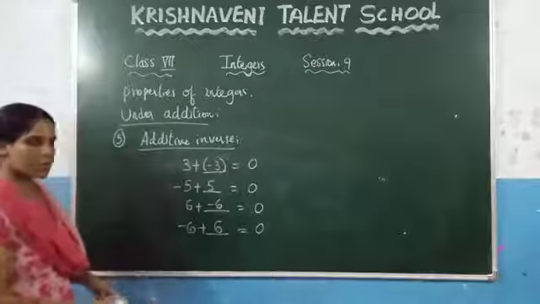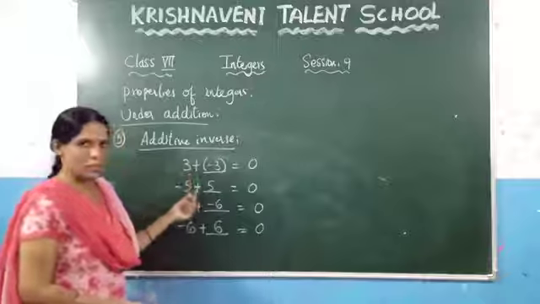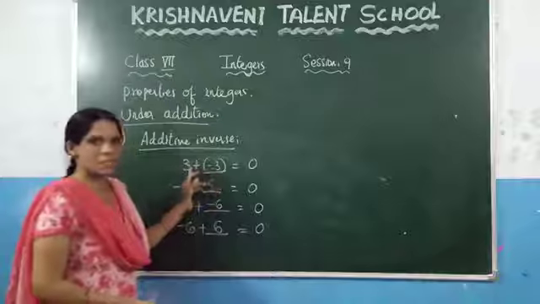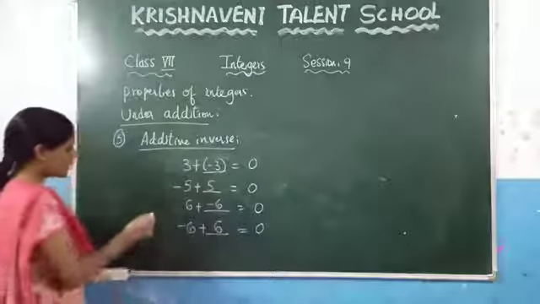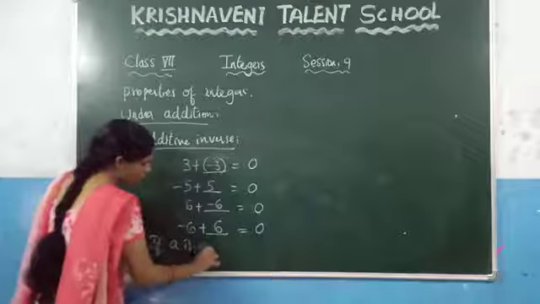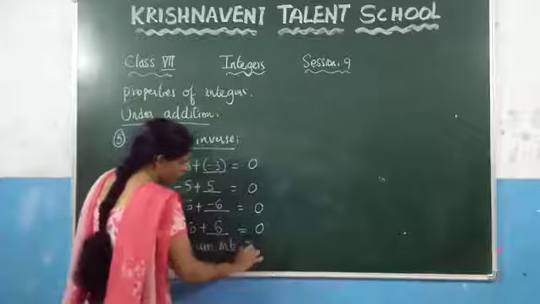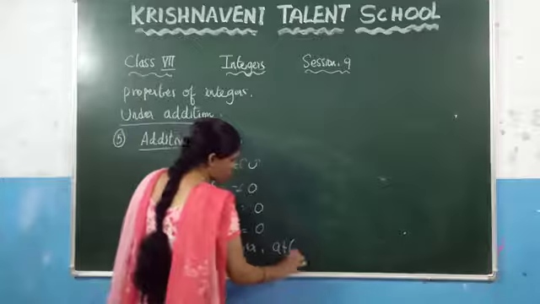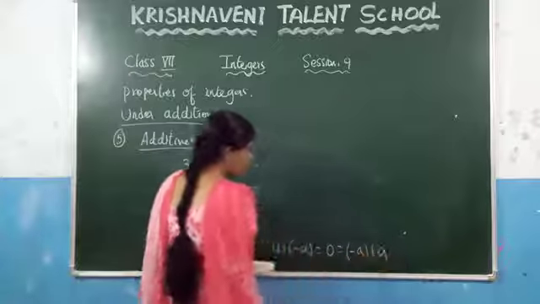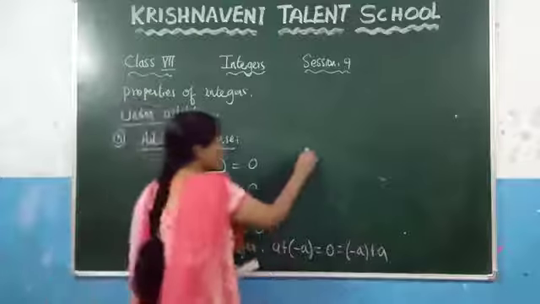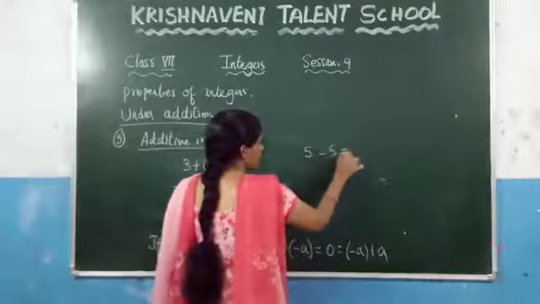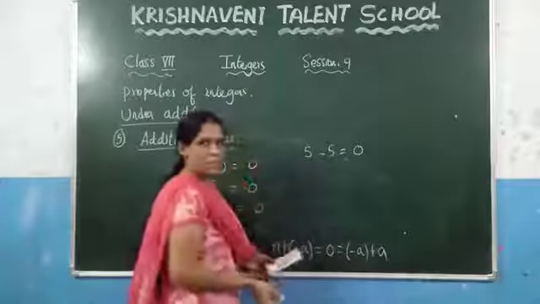From this, what we can conclude: if you take any integer and want to find the additive inverse of the given integer, you just need to change the symbol of the given integer. So here, what it states: if a is an integer, then the additive inverse says a plus minus a must be equal to 0. That must be equal to minus a plus a. Suppose they ask, what is the additive inverse of 5? Which is nothing but minus 5, because if you add them, you will get the result as 0.